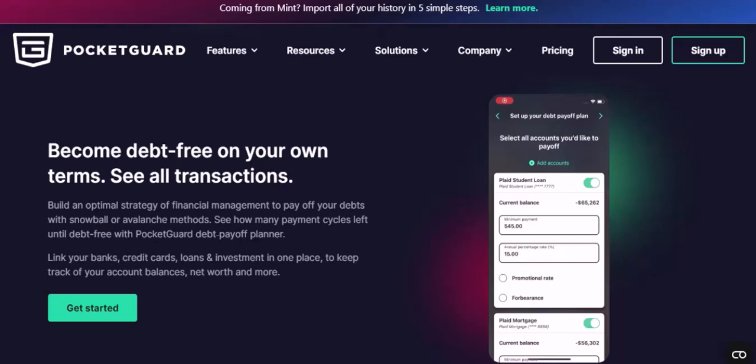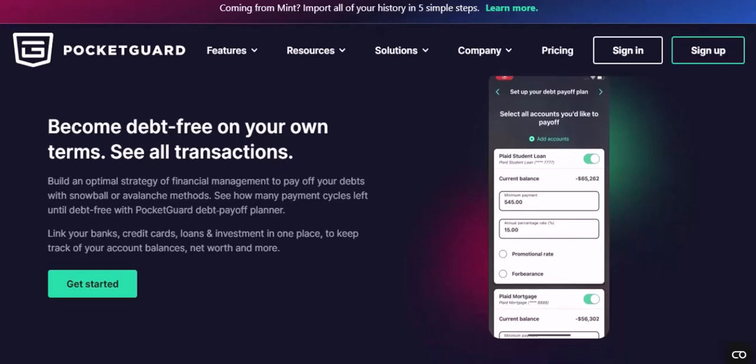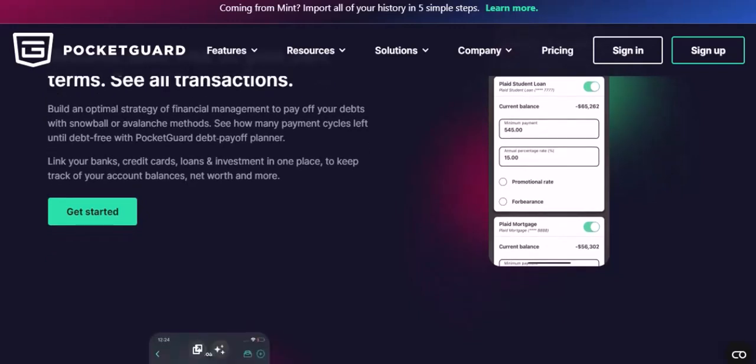So, to answer the question, does PocketGuard have ads? The answer is no. PocketGuard is a popular budgeting app that prides itself on being ad-free. This means you can use the app without distractions and with peace of mind knowing that your privacy is protected. If you're looking for a reliable and user-friendly budgeting tool, PocketGuard is